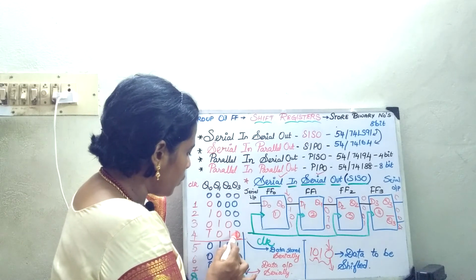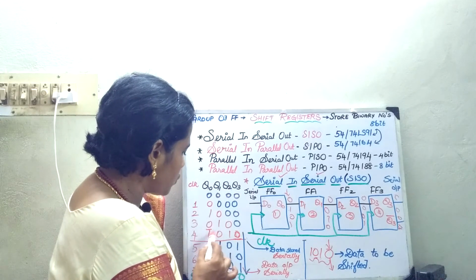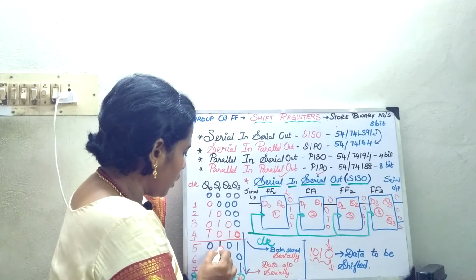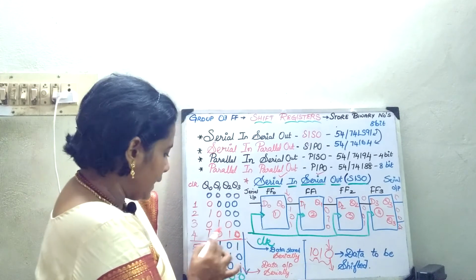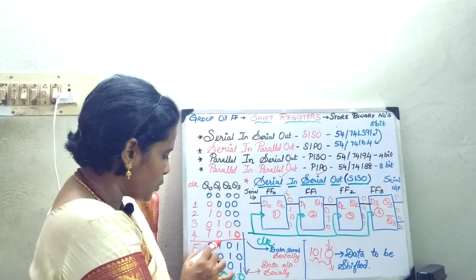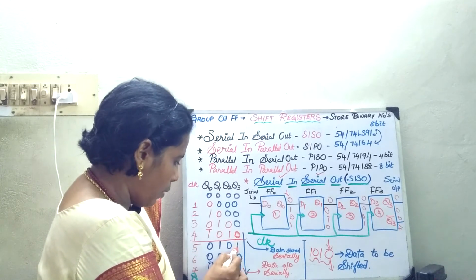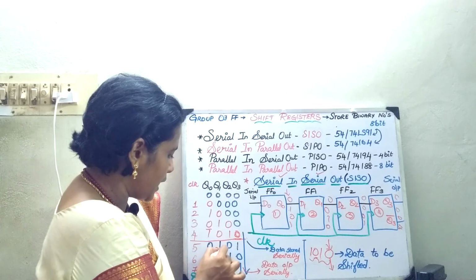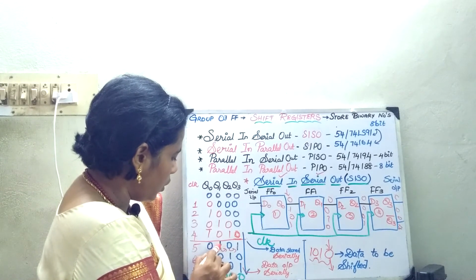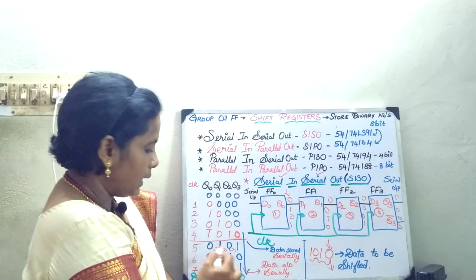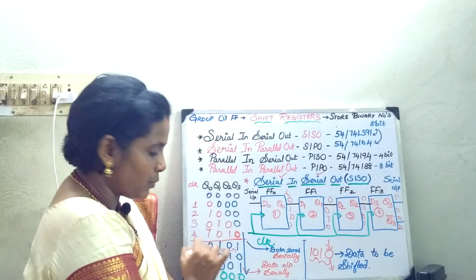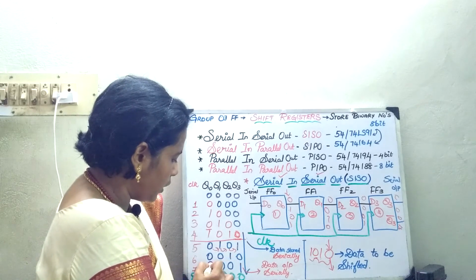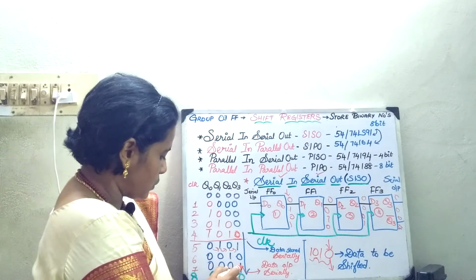Now what happens when you give the next clock pulse? This 10, already this 0 has been peeped out. So this 101 will be shifted here. The next case, when I am applying the 6th clock pulse, what will happen? So this data has come out. Now again when I give the clock pulse, this will move one stage after the other stage. So you will have 0010. Next clock pulse when I apply, 0010 is there. So this 1 will be shifted here, and all other places will remain 0.